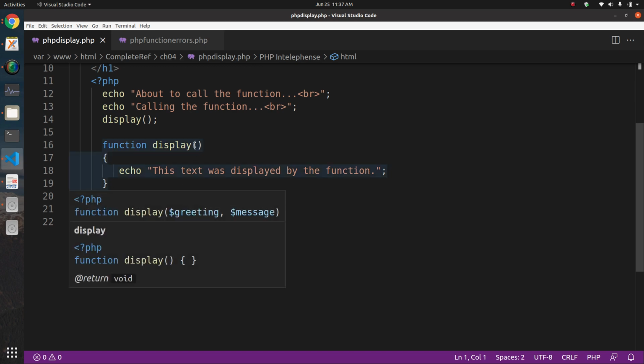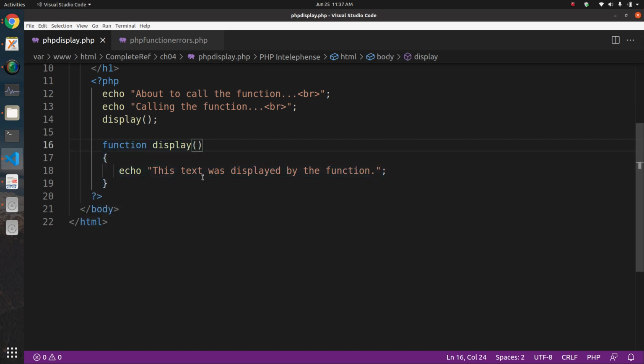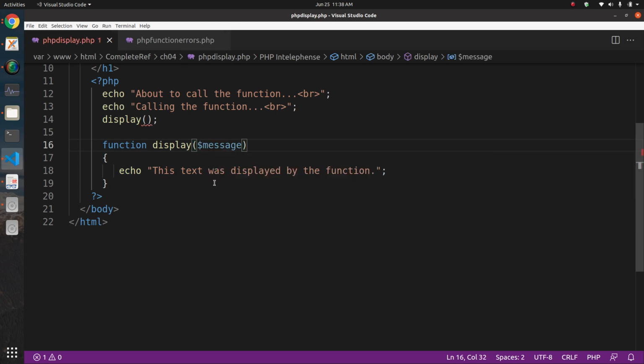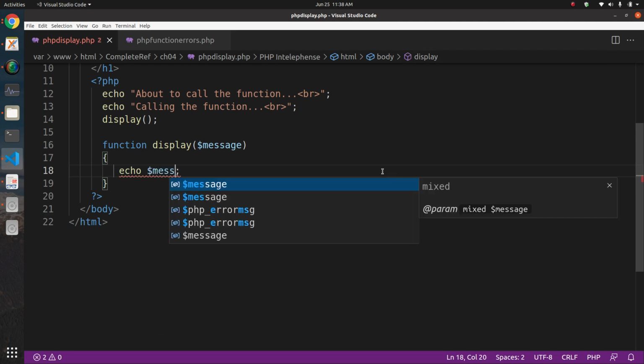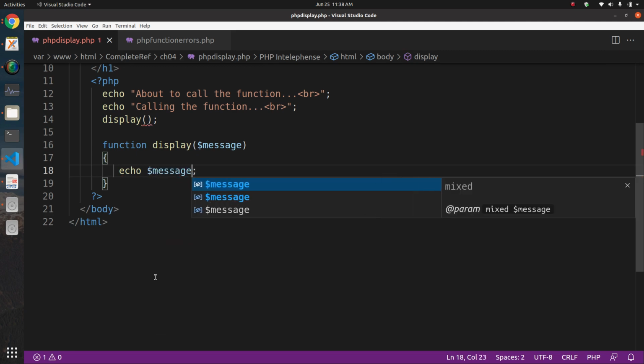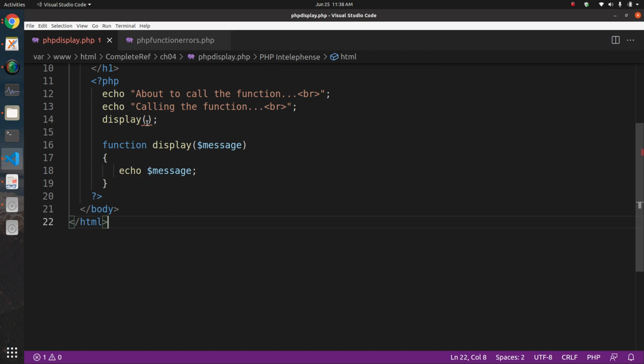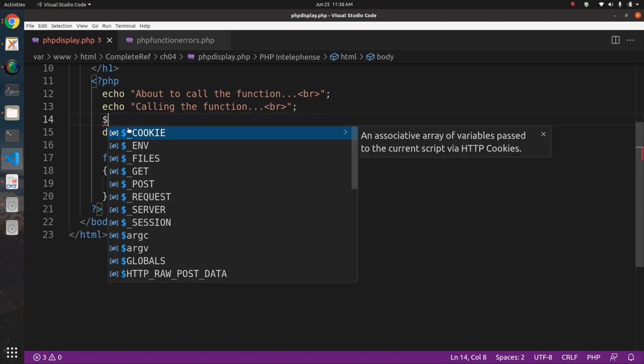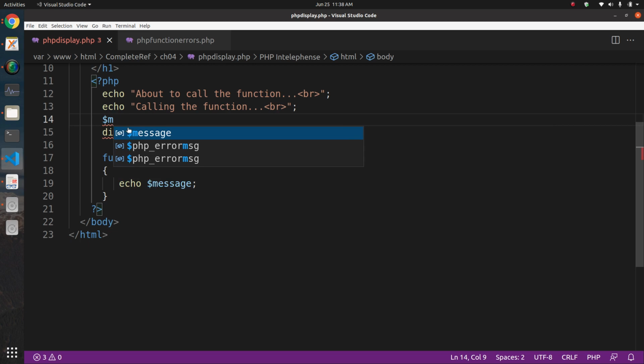So let me change this function. So let's say in this function we are going to have a message. So message is some variable and we are just displaying this message, okay. There is one variable.